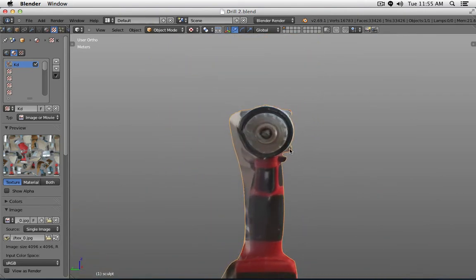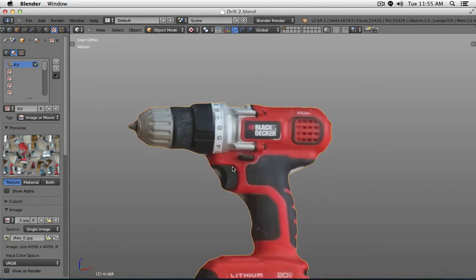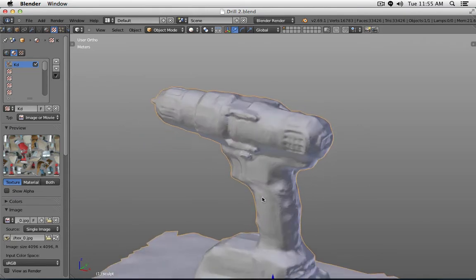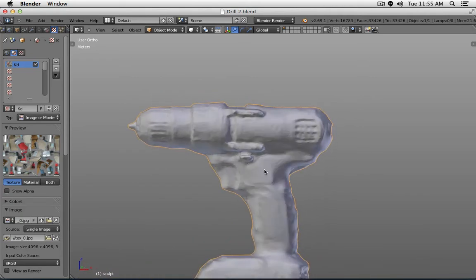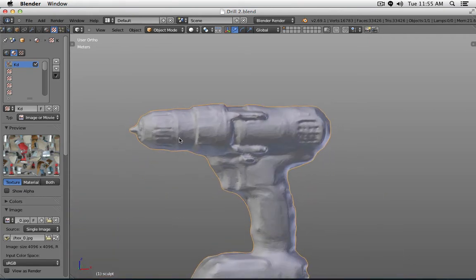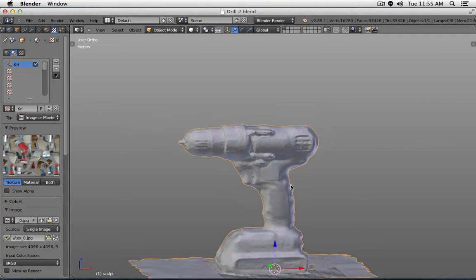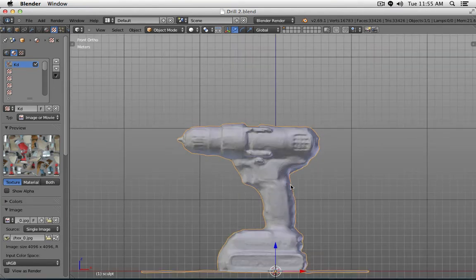You can see those parts here, the button for left and right. If I go into the plain shaded mode, you can see the different geometry structures, even here the grooves for the front part. So it's not super precise, but again, this is actually a pretty decent representation of the hand drill I have,